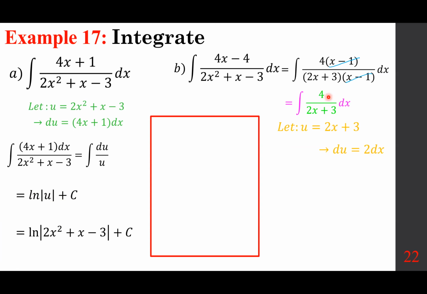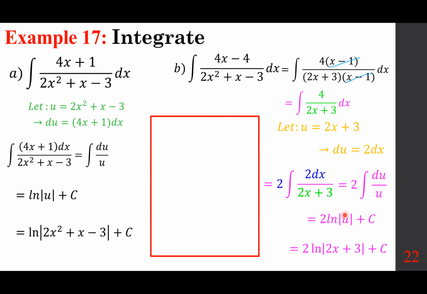We need 2 dx. So 4 dx is 2 times 2 dx, not a big deal. Because of that, I'm going to cut the 4 into 2 pieces, 2 times 2. So notice I need 2 dx, and I have it at top, and this number 4 is not going to go anywhere. 2 times 2 is 4. Therefore, we are looking at du over u, and we keep the 2 outside. This is a natural log, so 2 ln u and a constant, and the u must be replaced. And we must keep the absolute value because the expression of 2x plus 3 can be positive or negative,